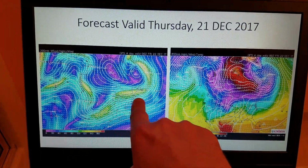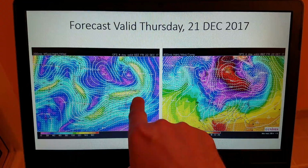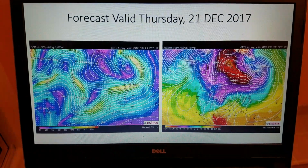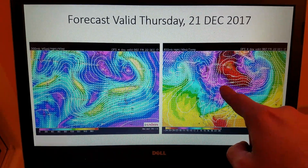And you have more of a ridge that's building again. A slight ridge is building with higher heights over the mid-Atlantic region, over southeast Virginia. So we expect conditions to get mild and remain mild across southeast Virginia. Now the coldest air, again, remains well to the north, but you do see a little bit more of a